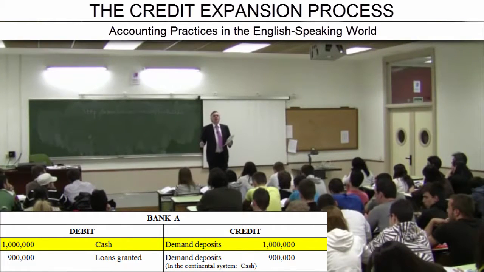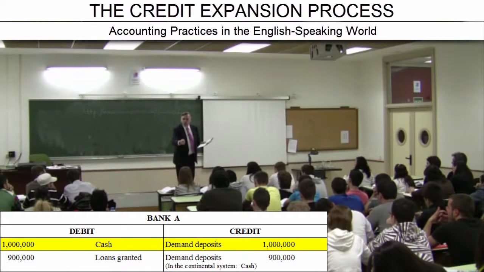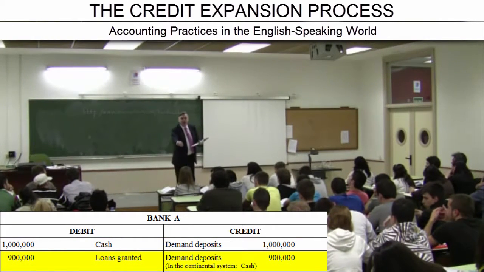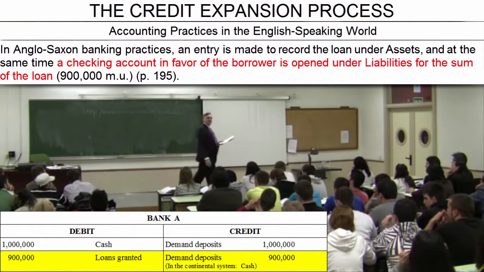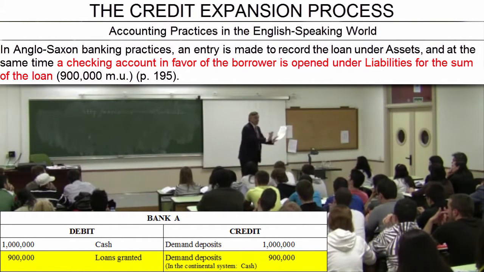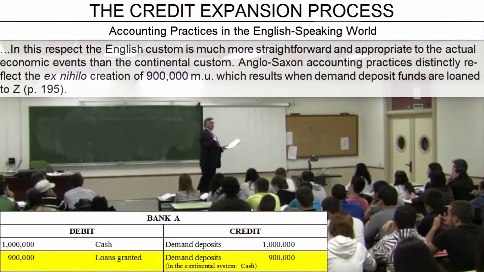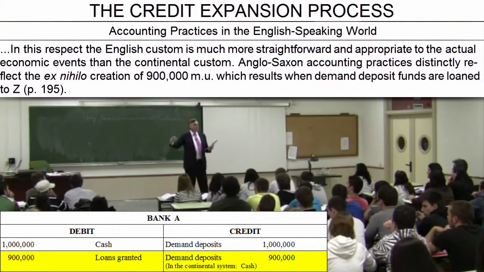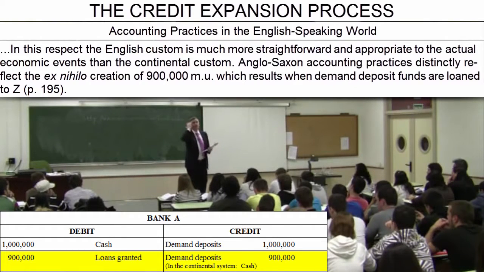The banker says, I will leave 1 million in cash and the demand deposit of 1 million, but now, as if by magic, I will lend 900,000 to the owner of company Z, open a demand deposit account for him for 900,000 and give him a checkbook. Instead of handing the 900,000 monetary units over to him, I will keep them. But in my assets, I will acknowledge the loan I have created from nothing, and the balancing entry in liabilities will be a checking account, a demand deposit of 900,000 units.